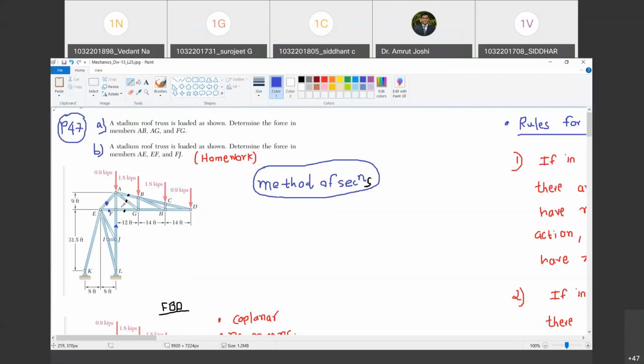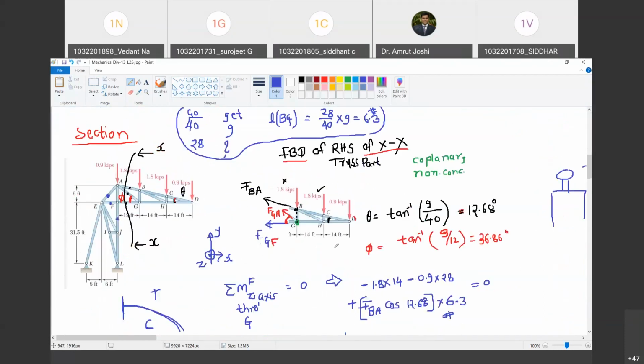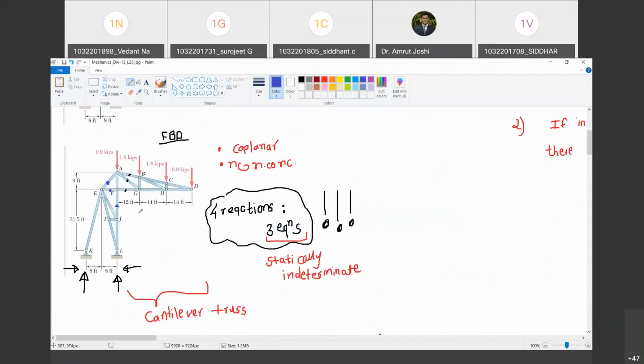I cannot take a section which passes through all the 6 members. I cannot draw a section passing through the 6 members of part A and part B. Why can't I draw it? Because the section can pass through at the most 3 members. Then only I will be able to solve for the unknowns. Happy? Yes, sir. Now, what is the next thing that I am going to do? I am now going to take a new section to solve for part B. Happy? Yes, sir.